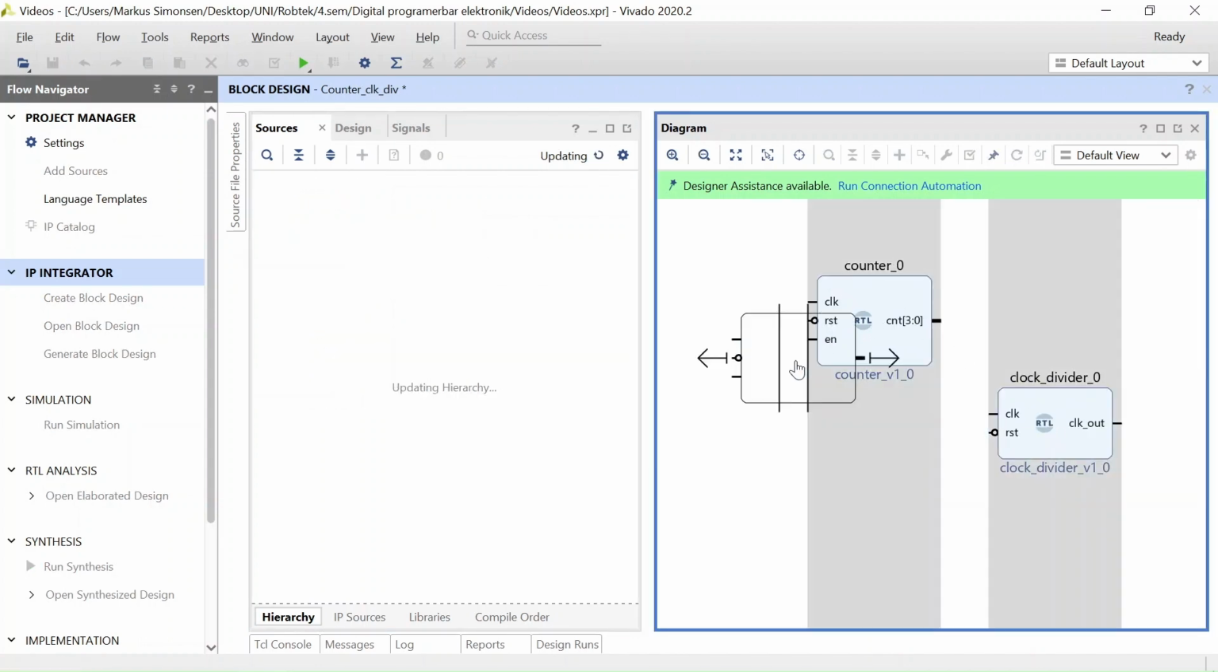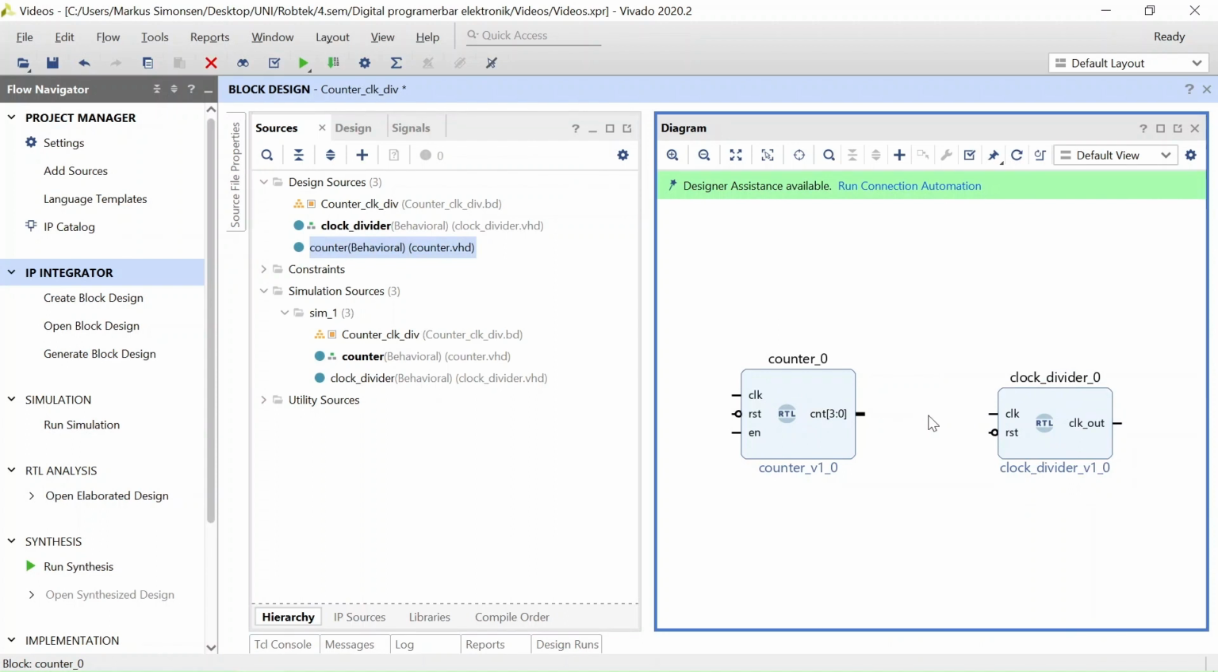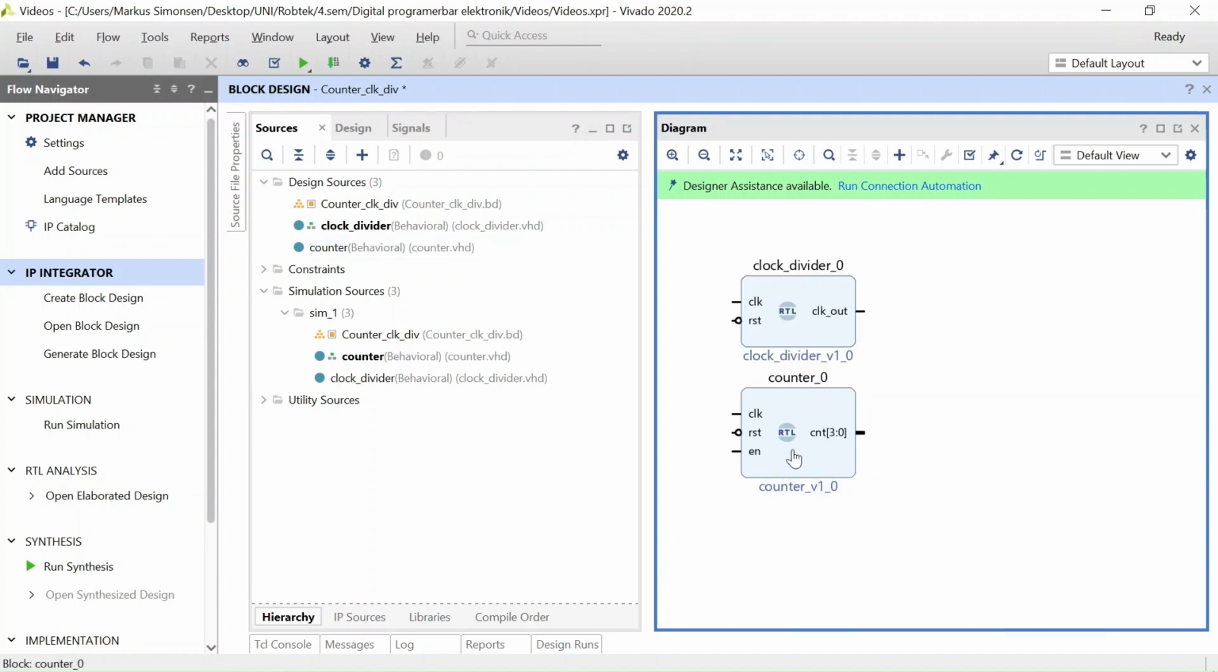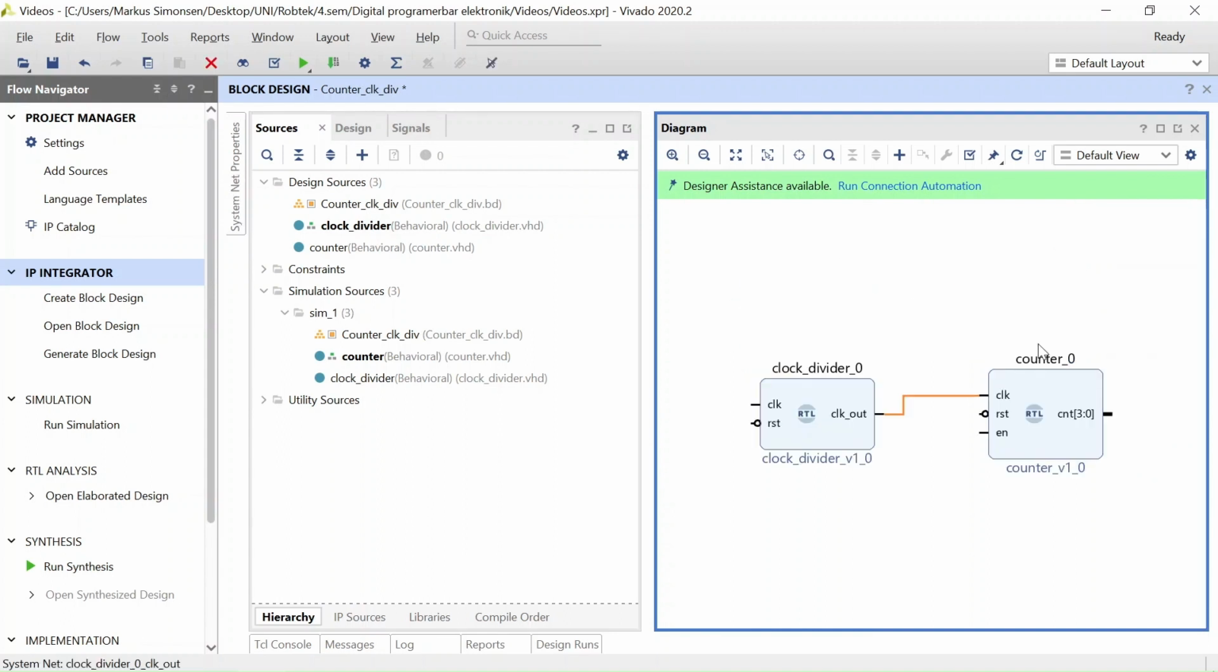And now to combine different ports of the blocks, you simply just press and drag. So we're gonna want to take the clock divider, and then the output of the clock divider is of course going to go into the clock of the counter, and we know that our resets are gonna be